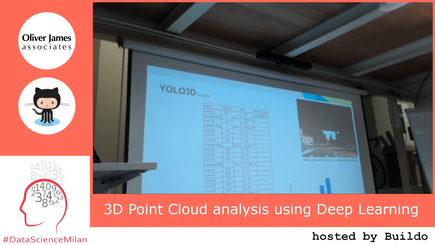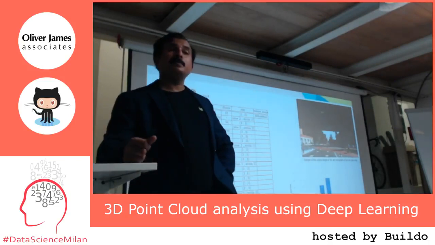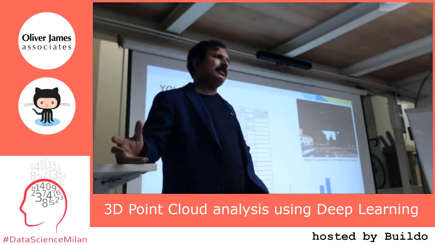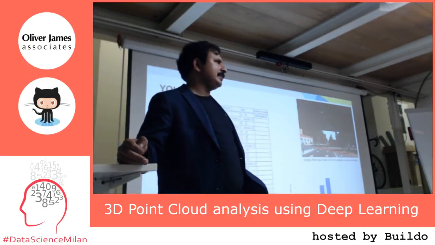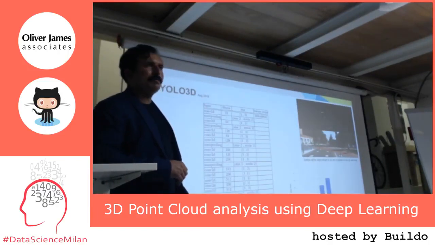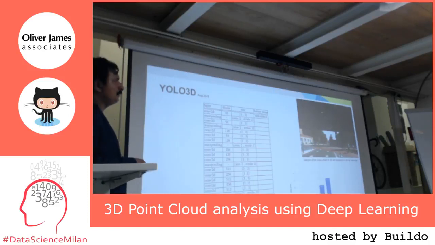This is the second one I found, and I'm sure you've heard of YOLO 2D. For those who have not heard of it, YOLO stands for You Only Live Once. They came out with a really good solution. The first YOLO version 1 I think was only 45 frames per second. YOLO 2 was 224 frames per second. Really extremely good response rate and high accuracy. And YOLO 3, I think the accuracy dropped, but the computation cost went down dramatically. They started putting YOLO 3 on a mobile device too.